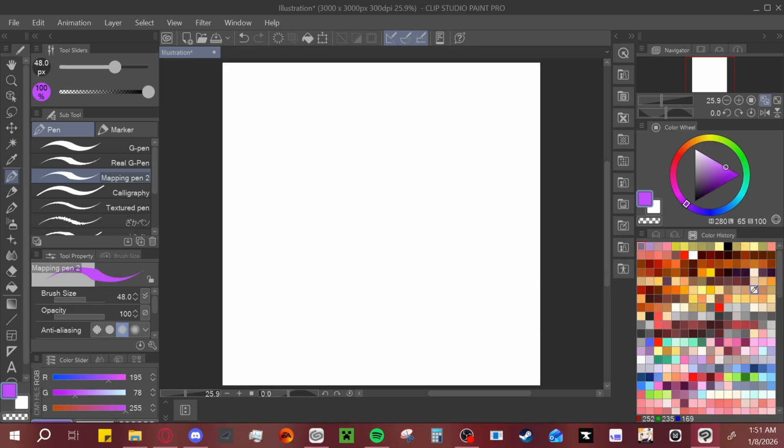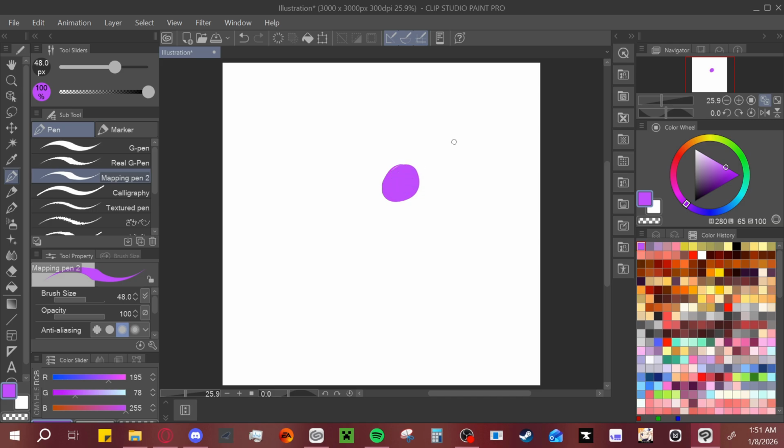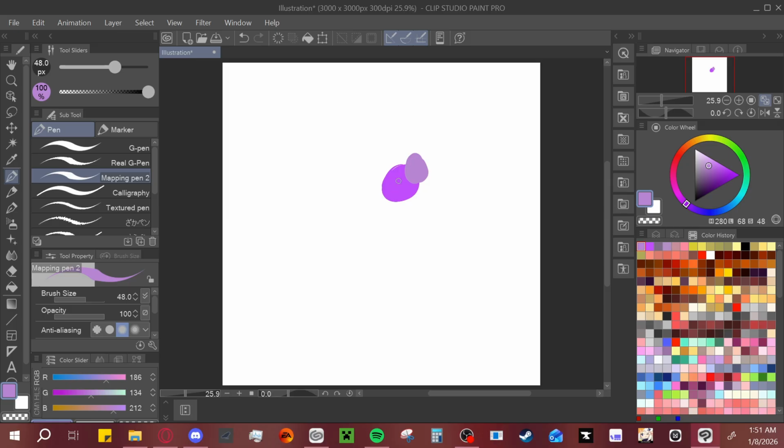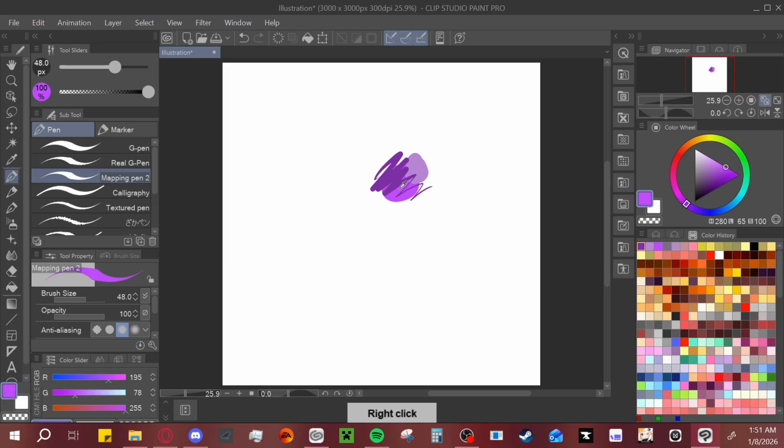I'm going to go ahead and move that over. So the color history, it'll actually show you all of the colors that you've used recently, which is really helpful. Let's say I'm using this color here, and I change to a different color because I'm shading or something, and I want to go back and get this color here, but maybe it's sort of muddy or there's a bunch of other stuff on top of it, and it's hard to select the little area that you want. I would recommend using your color history to go back, and you can actually click on,